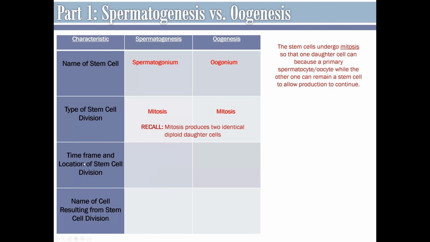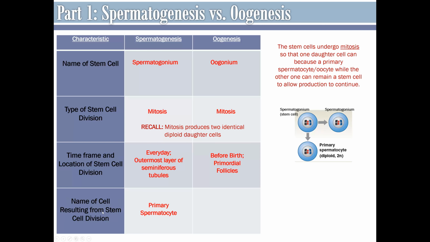So the time frame and location of the stem cell division. It occurs every day in spermatogenesis, and it takes place in the outermost layer of the seminiferous tubules, so the farthest away from the lumen or the space in the middle. In oogenesis, this takes place before birth, and it occurs in the primordial follicles. And the name of the cell that results from the stem cell division, in spermatogenesis, would be your primary